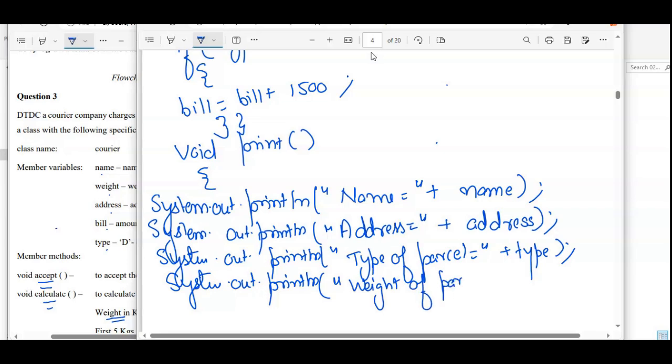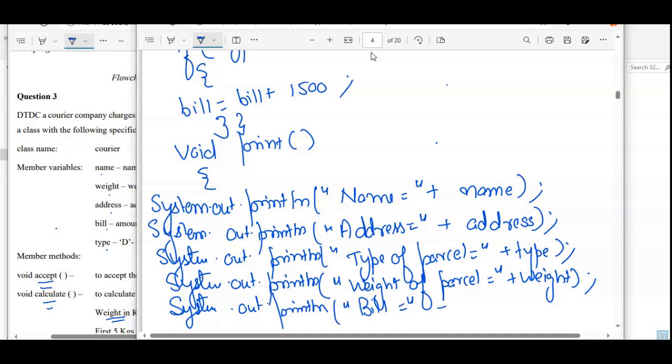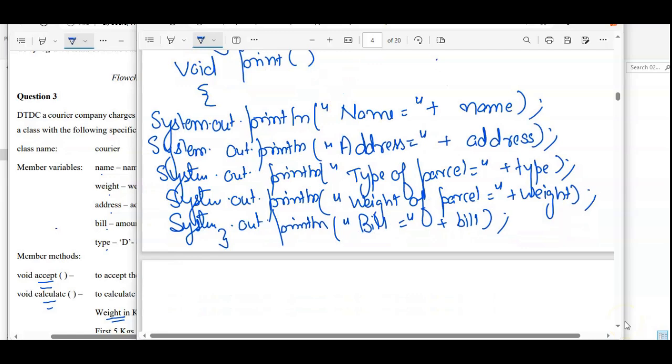Weight of parcel is equal to plus the weight variable, and the final bill is in the bill variable. System.out.println bill is equal to plus bill. Okay, so here we displayed everything.